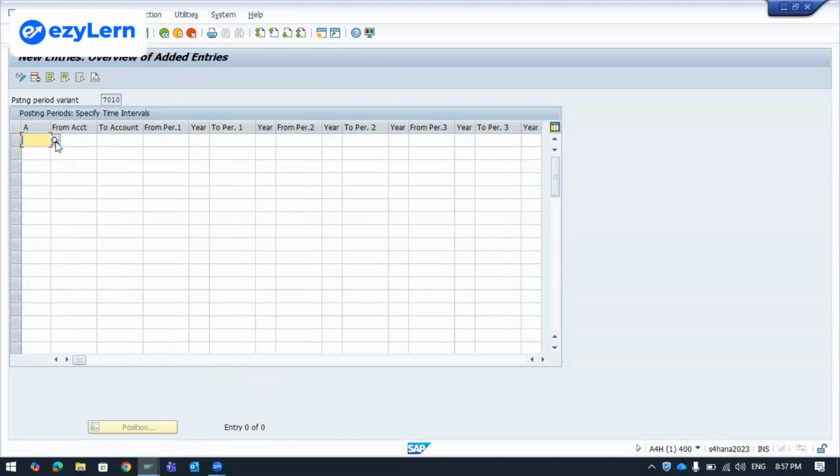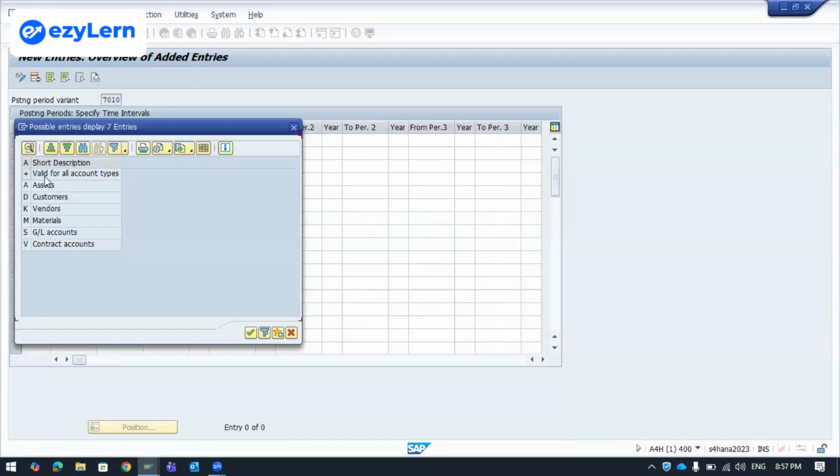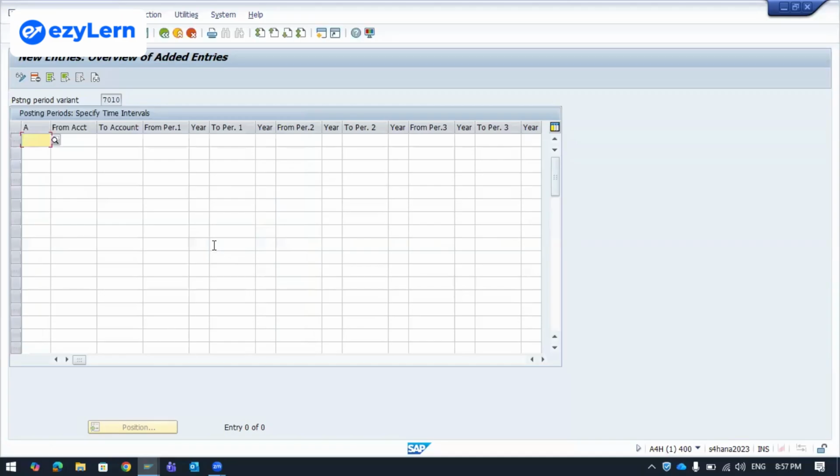So here we have control over different account types. We have plus for all account types, A for assets, customers, vendors, material, GL, contract accounts. So we can have control over all these account types. Else, what we can do is we can just give plus for all account types and then give the from period. I want to open the period from 8/2025 to